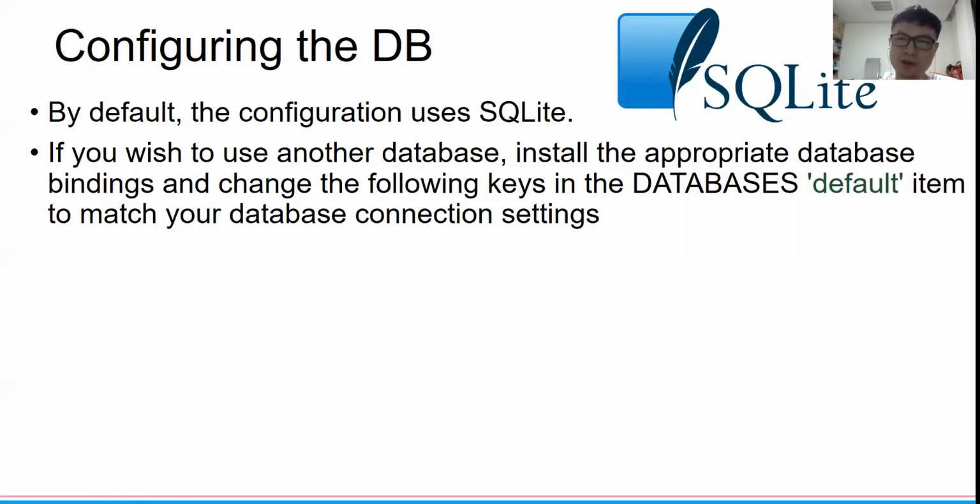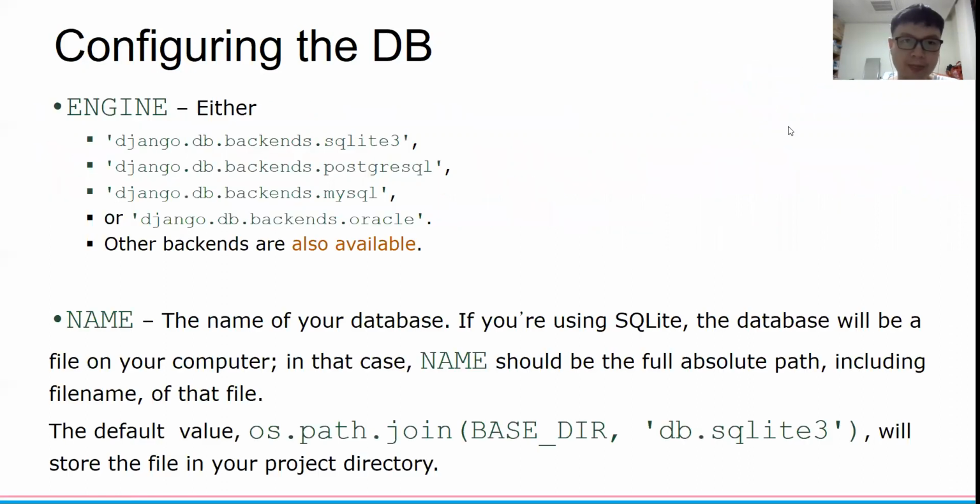So let's just use the very light database, and this is the most recommended database when you learn about the DB in Django. So let's just use SQLite. In the settings file in Django environment, you need to configure the DB at first time. So if you are using the DB in the default, it means you can just use the SQLite, and the